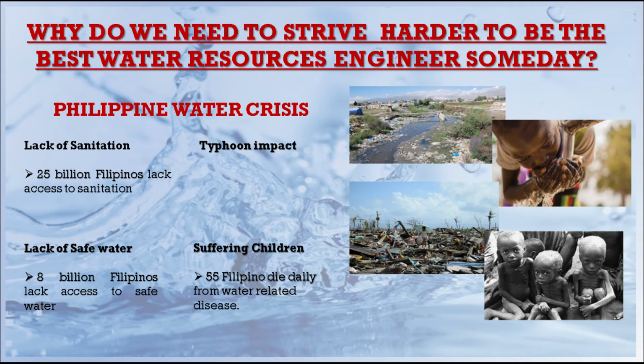Kasama rin dito ay yung mga puno na nabuwal, natumba, or bumagsak dahil sa lakas ng ulan at hangin na nagkaroon ng malaking epekto sa mga infrastructures at kabuhayan ng mga tao. Naranasan din natin mawalan ng kuryente at tubig dala ng lakas ng bugso ng ulan. So, kung walang water resource engineer, how much more pa yung pwedeng maging impact nito sa ating lahat.